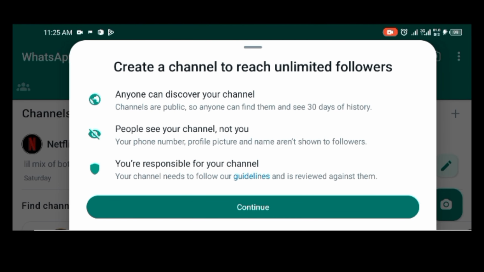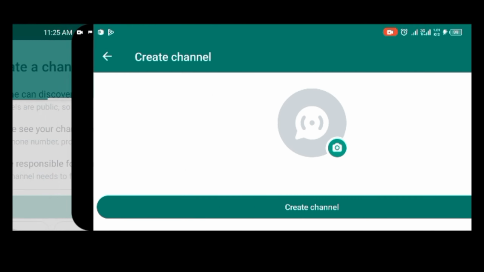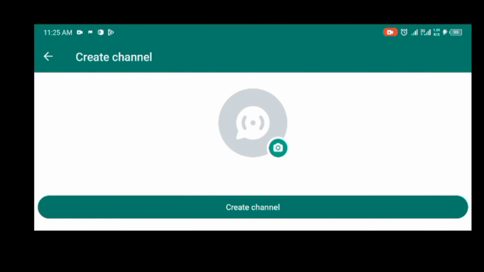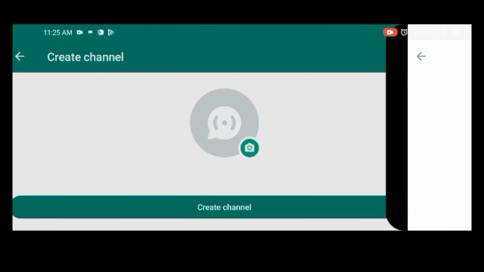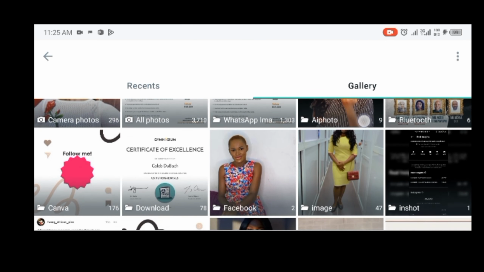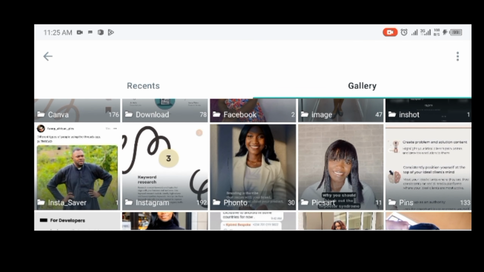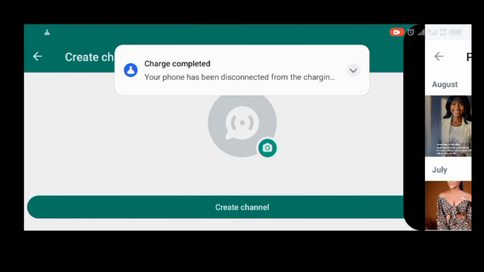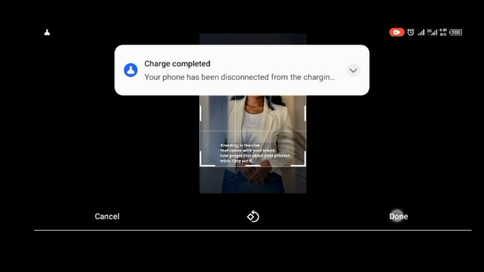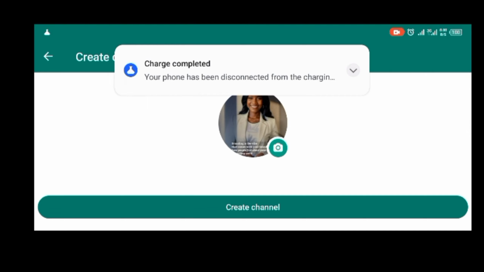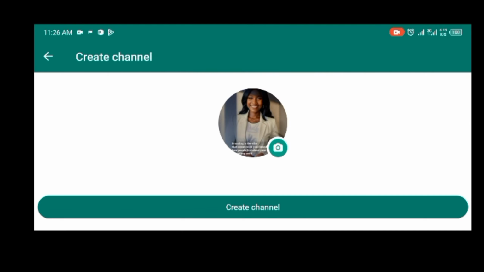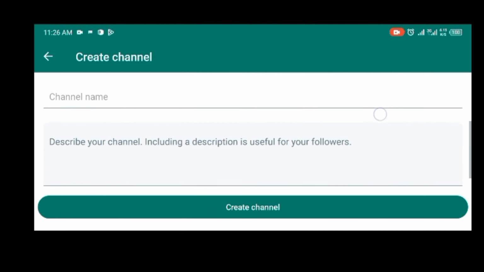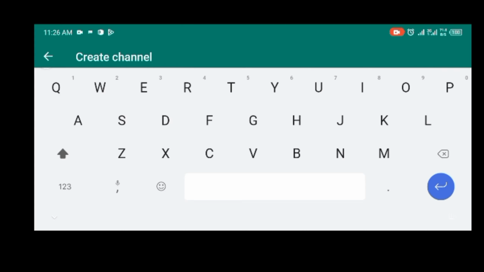It's going to list a bunch of guidelines and information about WhatsApp channels. I'm going to click on continue, and it's going to say create channel. I'm going to pick an image that I want to add to my channel. I'm going to put an image of me, and it's going to resize it. And once it has resized it, now as you can see, it's going to say create channel, and you can